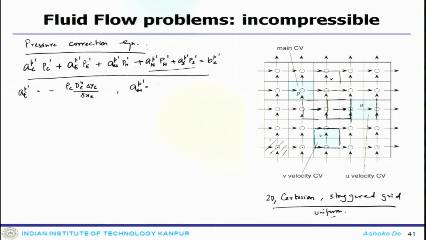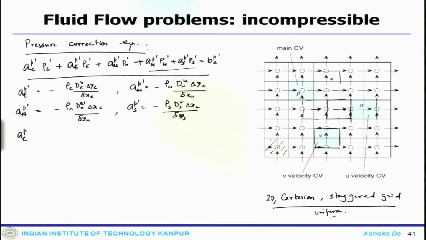aW p prime equals minus rho w dw u delta y c divided by del x w. aN p prime is rho n dn v delta x c by delta y n, and aS p prime is minus rho s ds v delta x c divided by del y s,